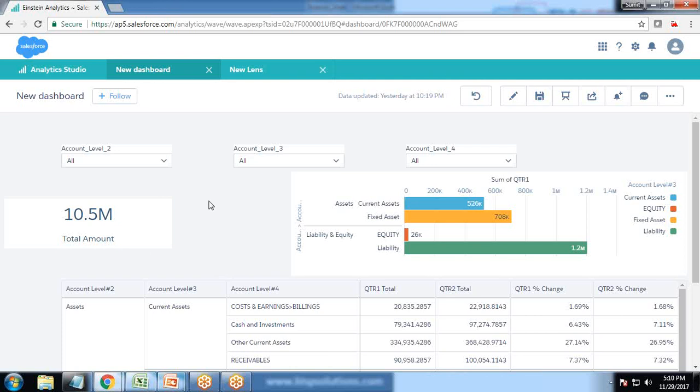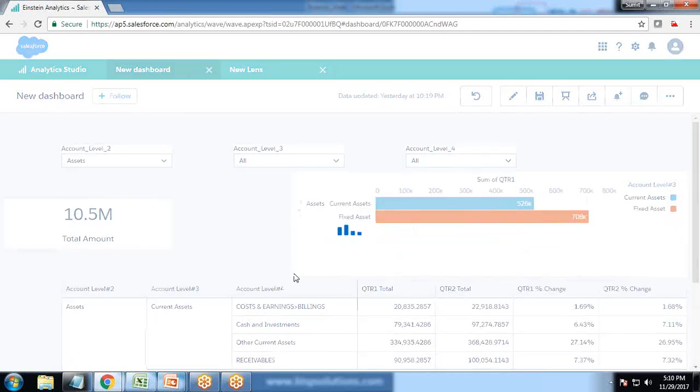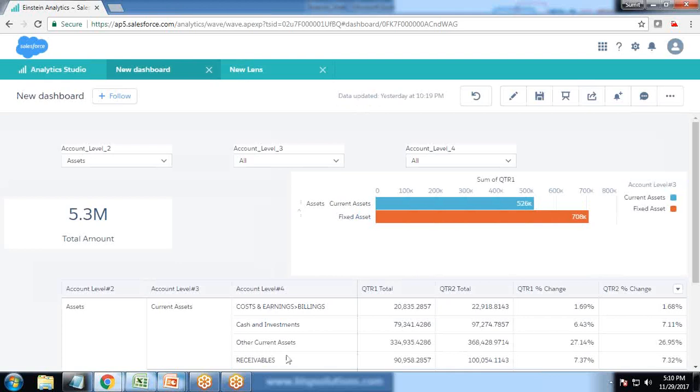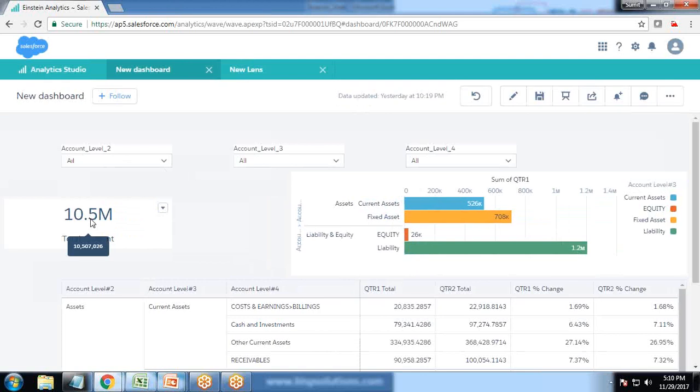The requirement is basically about binding here. As you can see, whenever I make a selection in assets, it only lists me the assets, and both the table as well as the chart get updated. If I remove the selection, it gets removed. My concern here is that whenever we make a selection, all these are dimensions, so we can filter the data based on a dimension. But my requirement is